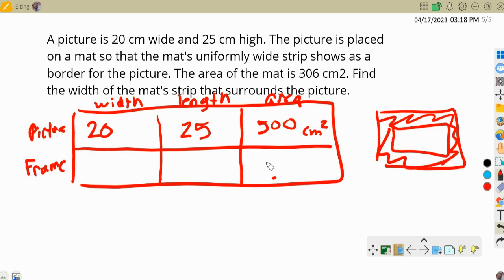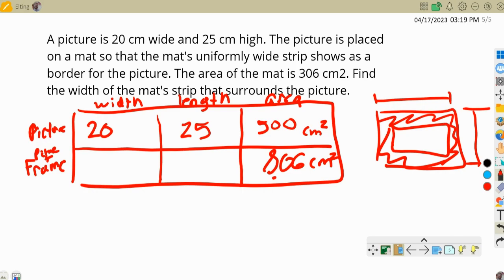So I'm actually going to combine these. I'm going to call this 806 just because I want to consider how do I get to that area? And the easiest way is to deal with the length and the width of the picture and the frame. So I'm going to do picture plus frame rather than just the frame or just the matting here. But what it says is that